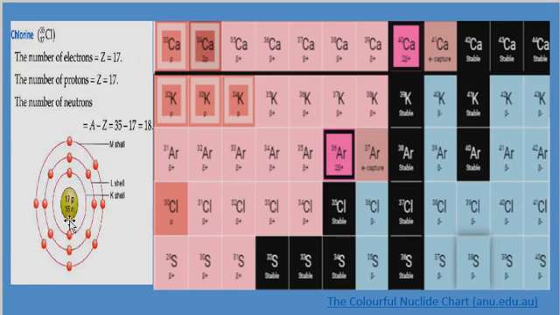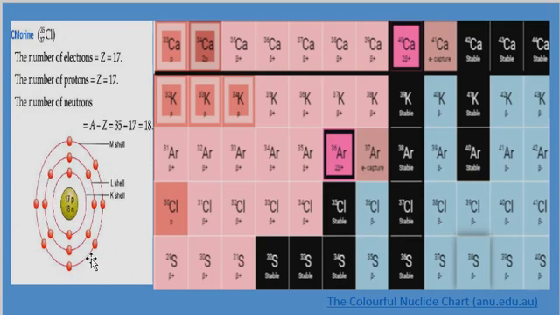In the first shell K, there will be 2. In the next shell, L, there are 8. Then the third shell is M. So 8 plus 2, 10, is gone. We have the remaining 7, and 7 will be in the third shell. Now, if for some reason an electron is gained, that gained electron will sit in the outer shell. If there is one more electron, it will still be in the outer shell. One more shell will be there, K, L, M, N. That is how the shells go up.